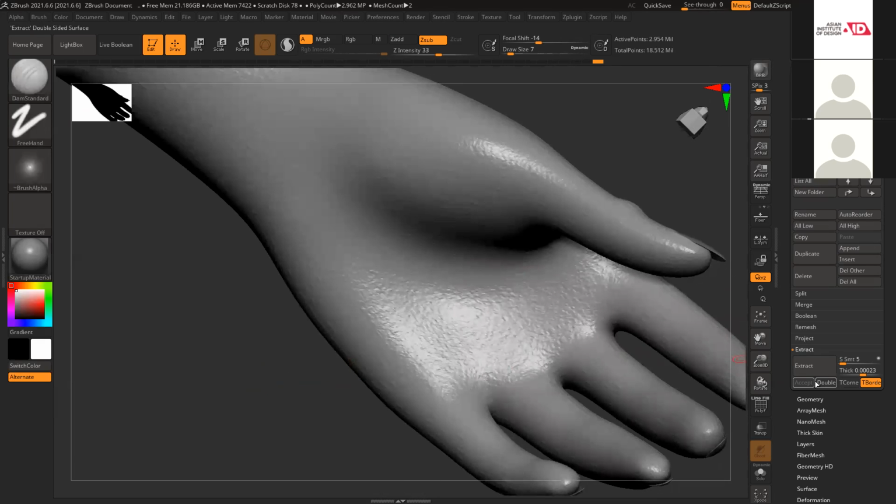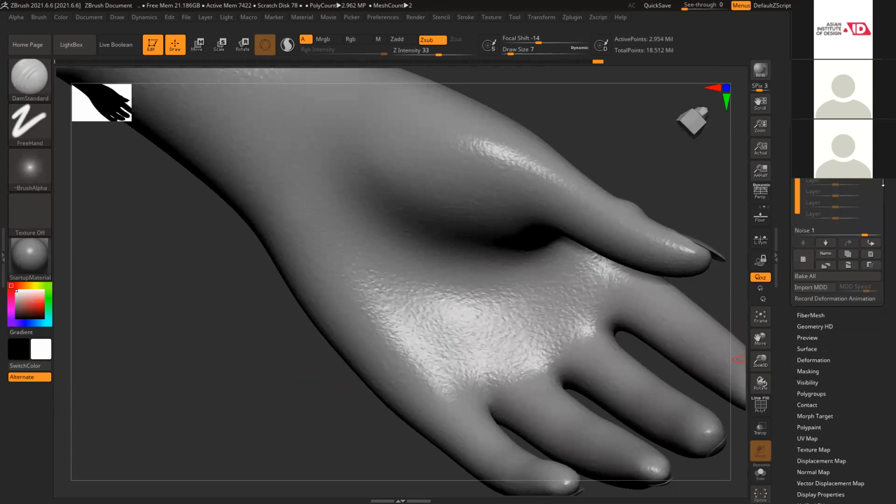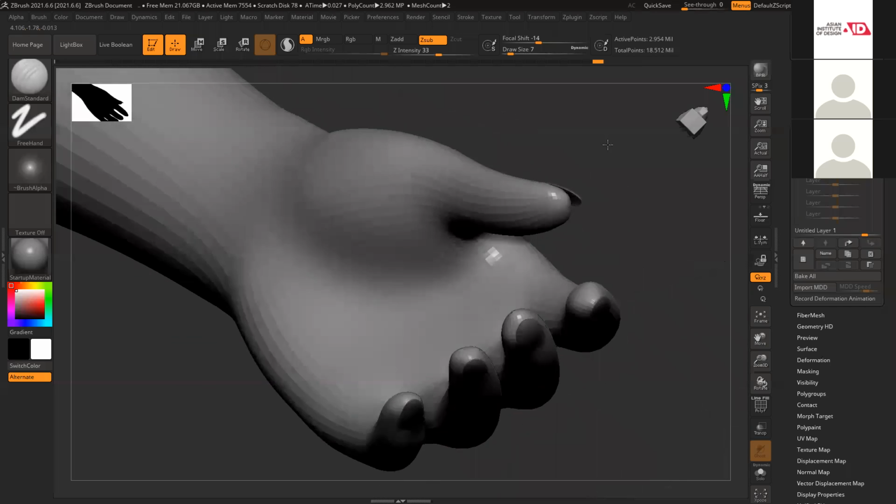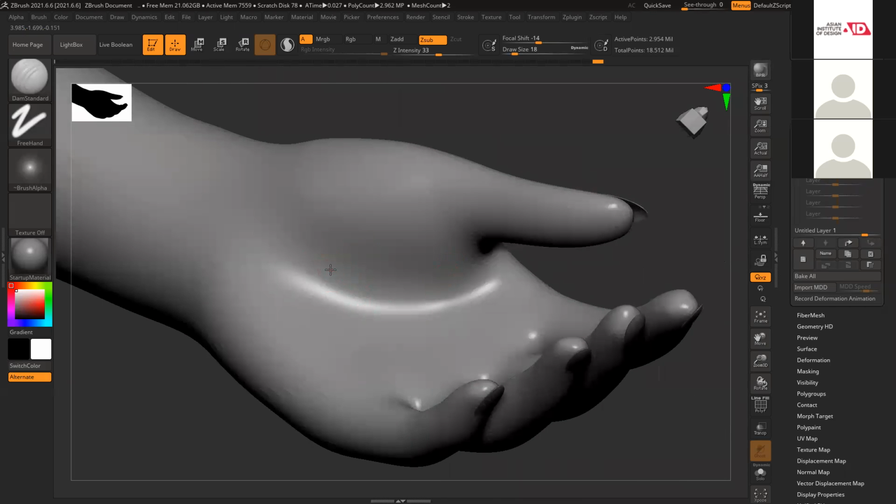So I'll create a new layer and switch off the other. I'm switching it off because otherwise it will record whatever you do, if you smooth something, it will smooth this layer also. So everything will be recorded. So I'm just keeping all the details separate.